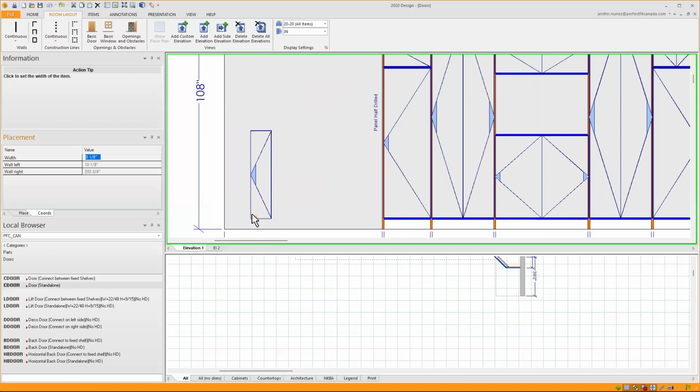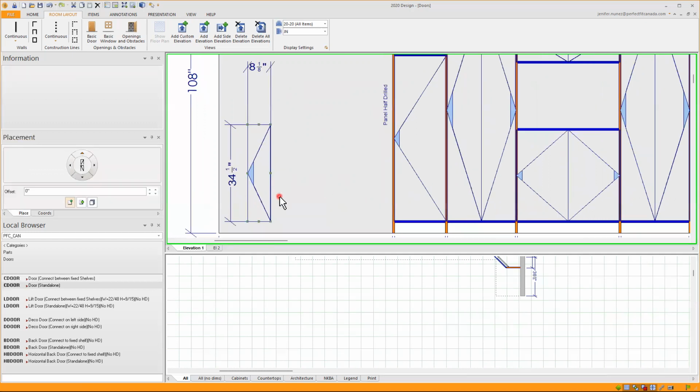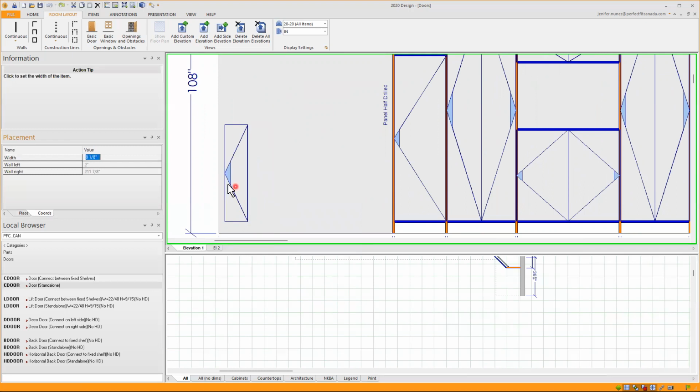If I have to drop the door first, I right click, resize width, and move my mouse to resize the width. The minimum is 8 1/8. If I move to the right, I'm at 16, and it's showing 19 1/8 for two doors. But if I still want one door only, my maximum will be 24 5/8. So if I type 24,